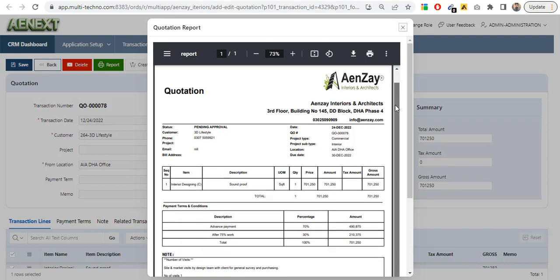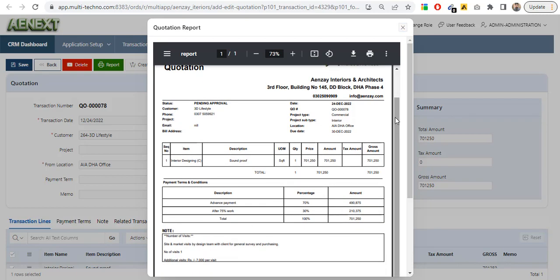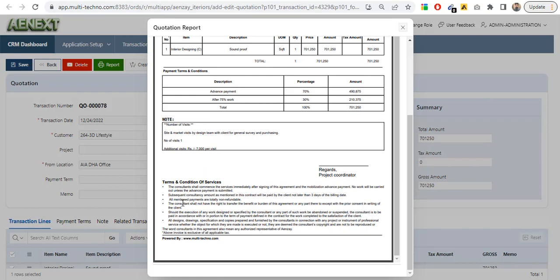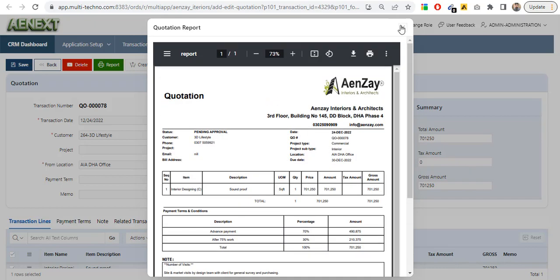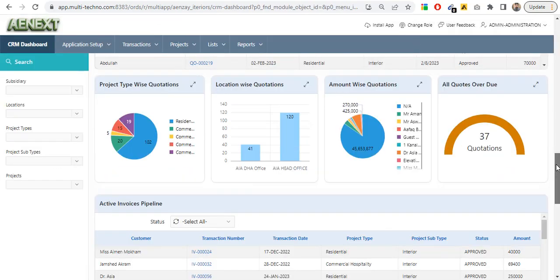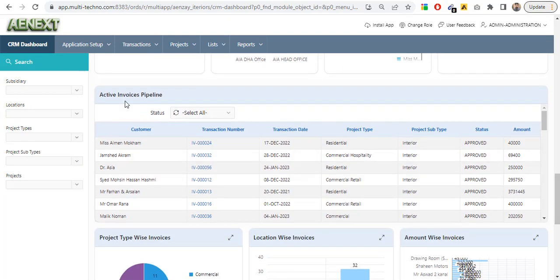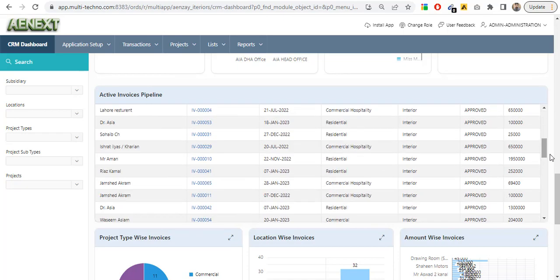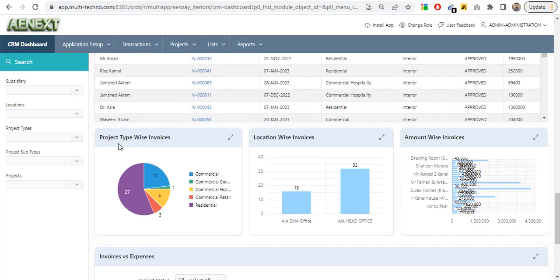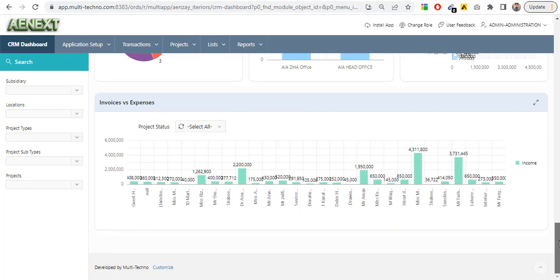It will show the payment terms and terms and conditions of their specific company. We can also customize your quotation according to your requirements. We have customized solutions. So these are the active invoices pipeline. It is showing the customer transaction, invoice, project type, project subtype, and amount of the project. So here we are seeing the project type wise invoices, location wise invoices, amount wise invoices, and here we can